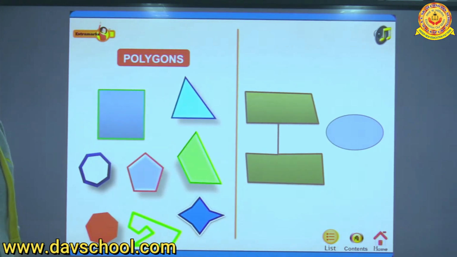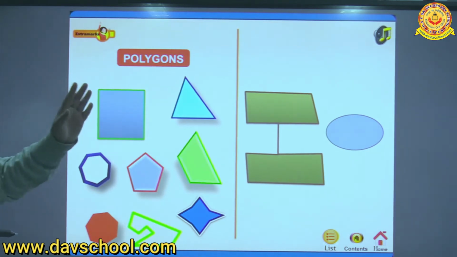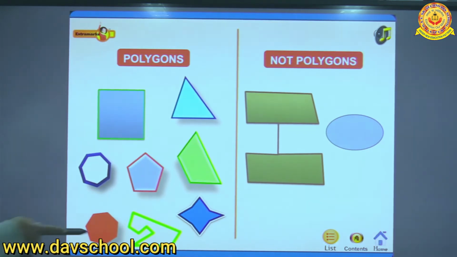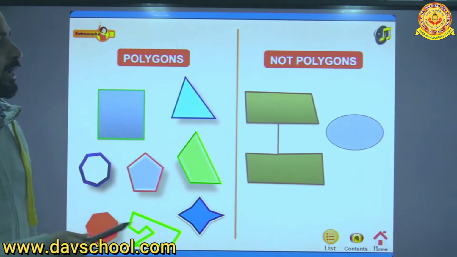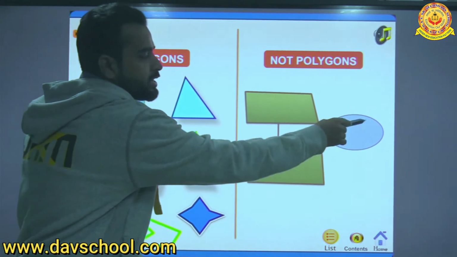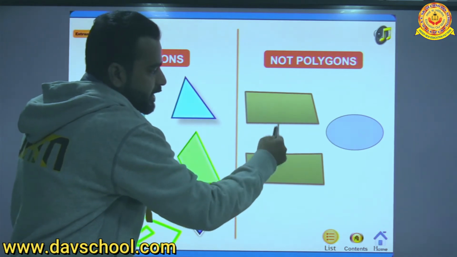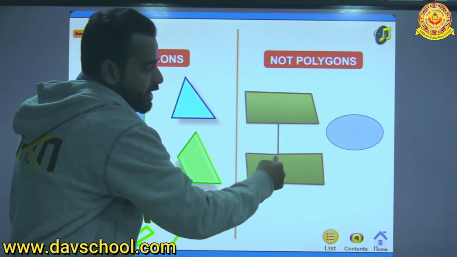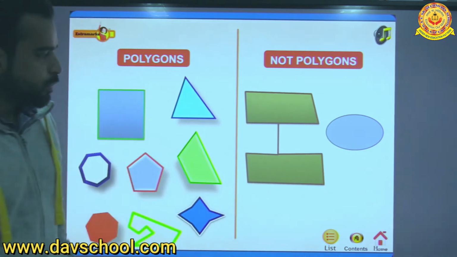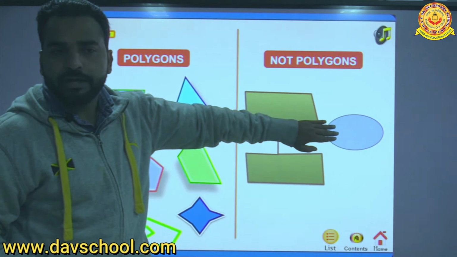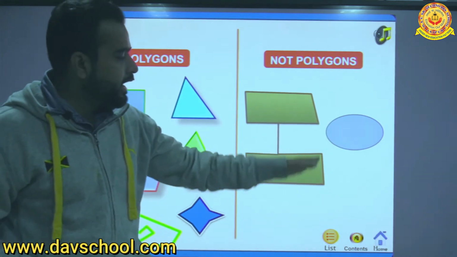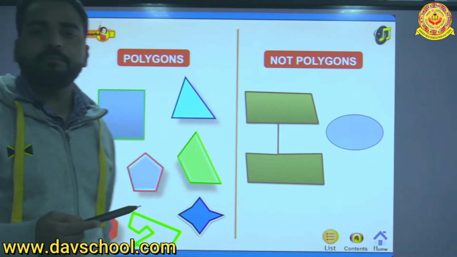Now look at this. Are these all polygons? No, sir. These are not polygons, because polygon means many sides; lateral means side. So here, there is no side in a circle. Here there is a side, but this side is connected by a curved line. That's why if this portion is only that much, we can say it's a polygon, right? But if it's joined by a curved line and another figure is there, we do not call them a polygon.